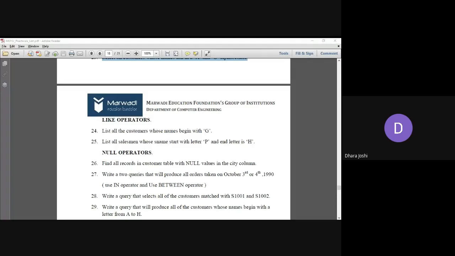Okay, so now we are starting with the LIKE operator. Where can we use the LIKE operator? Anyone? We have already studied this operator in the previous practical.